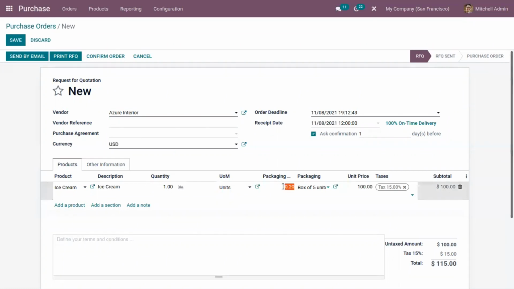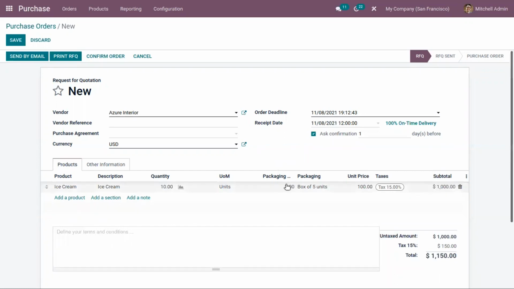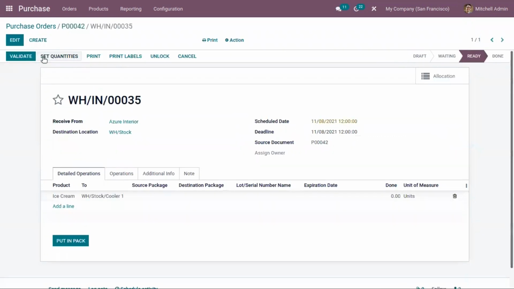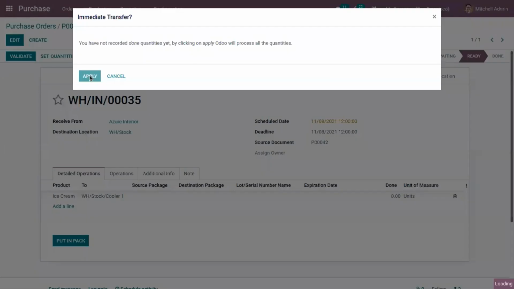So let me update this to packaging, and you can see here the quantity is automatically updated to 10 because in each box we have 5 units. So 5 into 2 it is 10. And now let me confirm the order and receive the product. You can see 10 units of the product, that is 2 boxes of ice cream is sent to the location cooler 1. Now we can validate this.